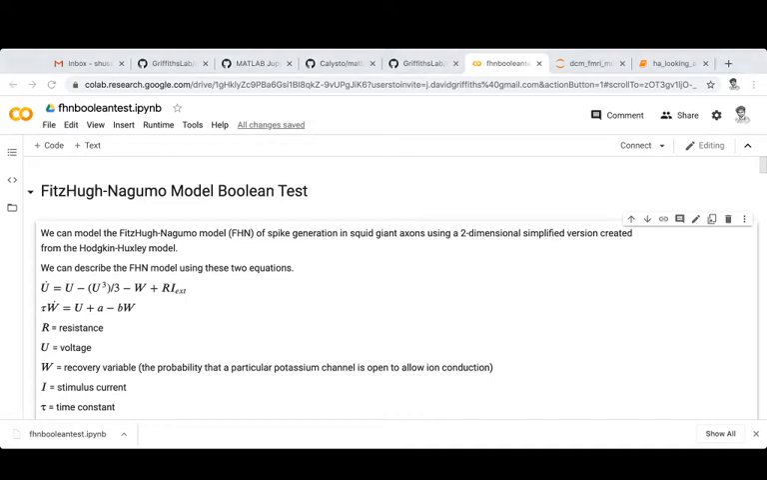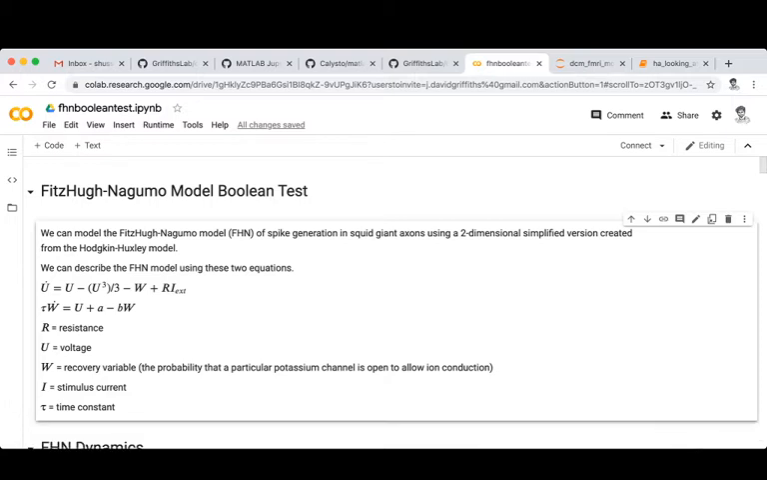During Google Summer of Code 2020, I worked under John Griffiths and Rick Gerkin in modeling the FitzHugh-Nagumo model of spike generation in squid giant axons, using a two-dimensional simplified version of the Hodgkin and Huxley model. We can describe the FitzHugh-Nagumo model using these two equations in figuring out how spike generation occurs in squid giant axons. Overall, the purpose of this project was to create a Boolean test in determining where points of stability lie